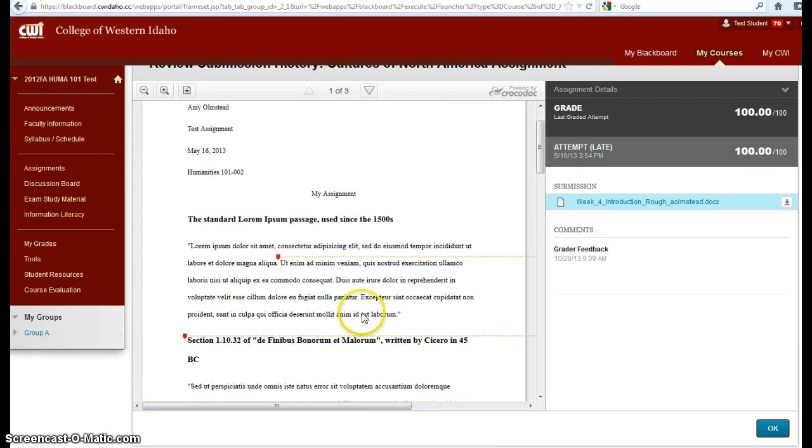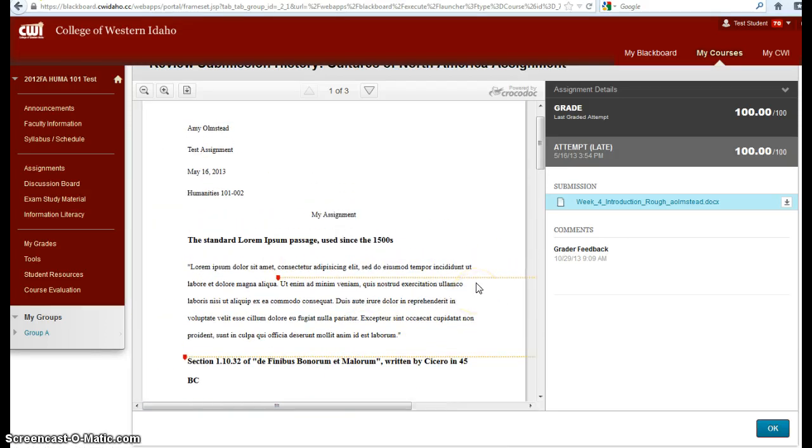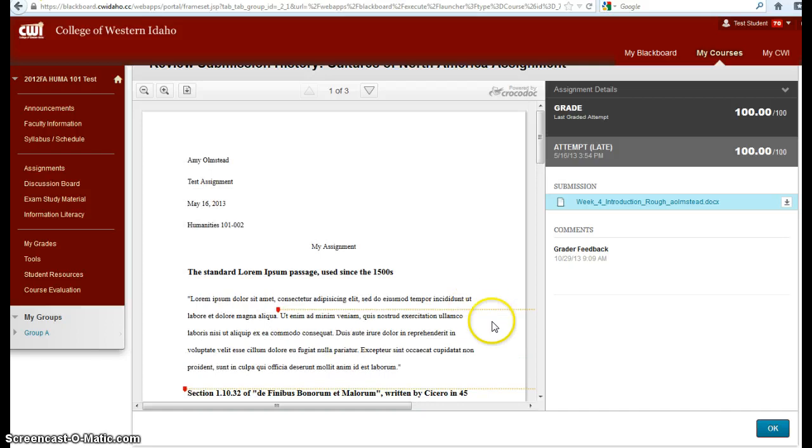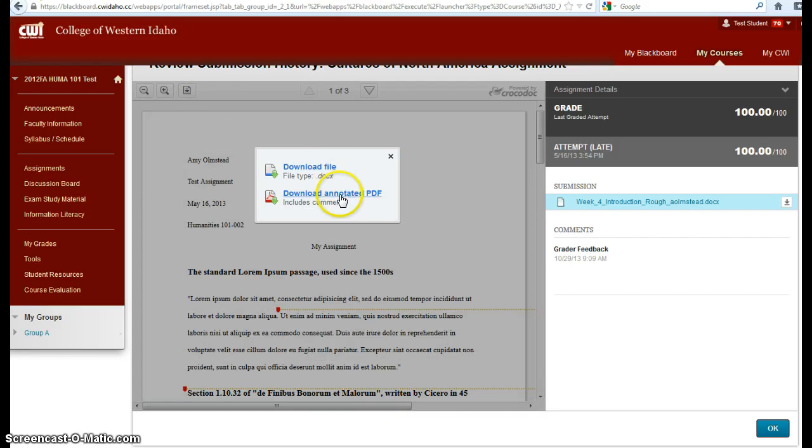This is a copy of the original document, and the students can download this. And if they want to get a copy of this annotated document with the comments on it, then they come up to this download area and download the annotated PDF. This is what includes the comments. Downloading it as a docx file does not include the comments. So in order to download that, I would just click here,